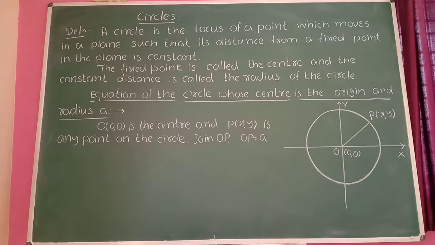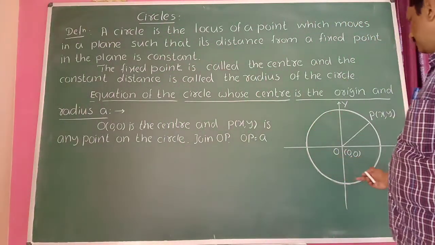Circles. A circle is the locus of a point which moves in a plane such that its distance from a fixed point in the plane is constant. The fixed point is called the center and the constant distance is called the radius of the circle. Therefore,